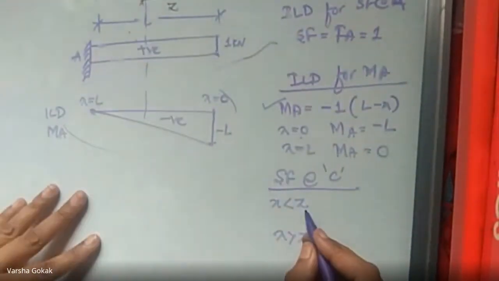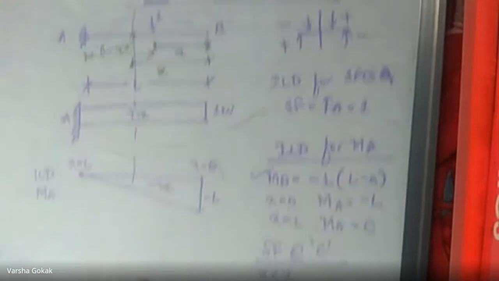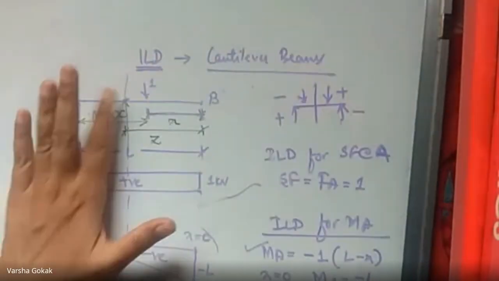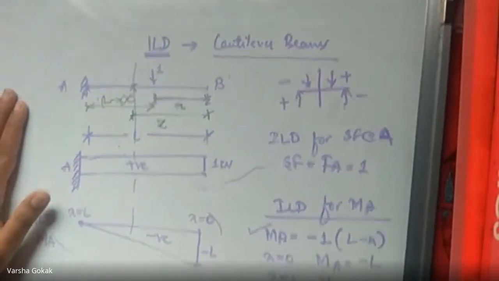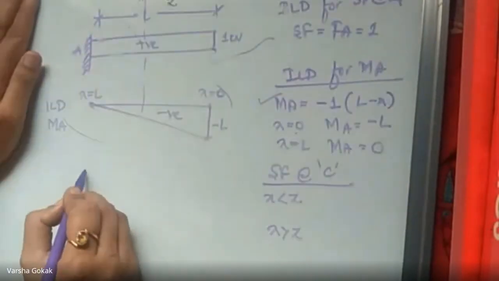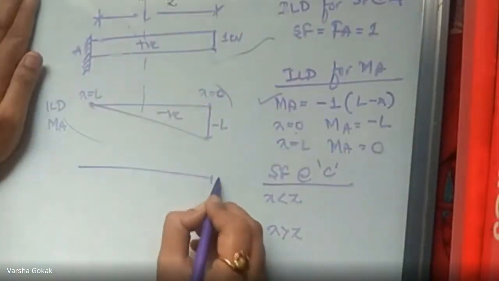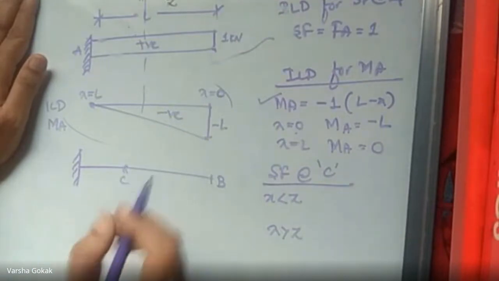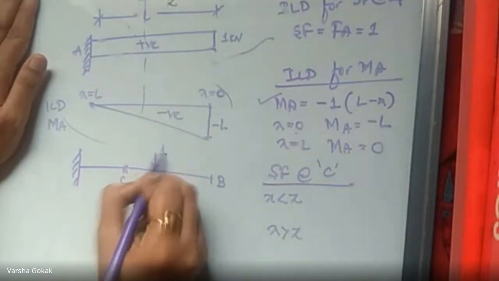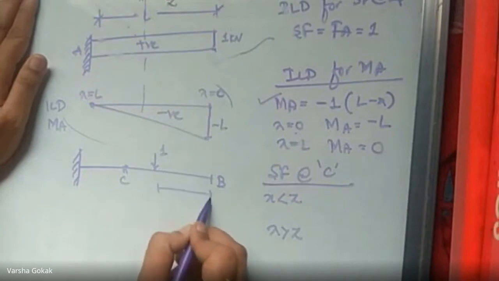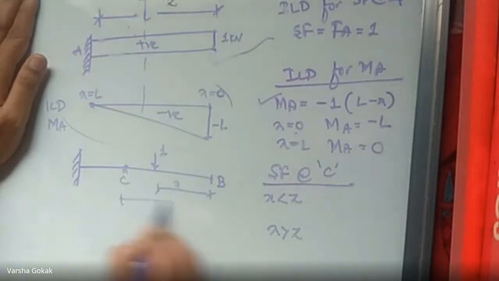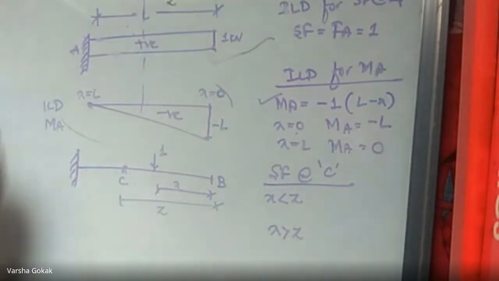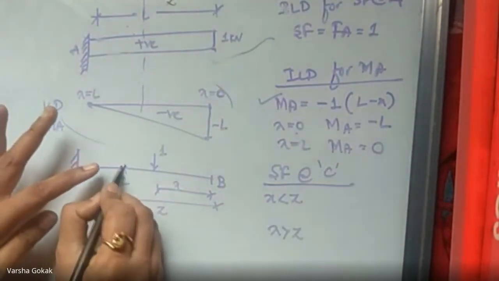Now, when X is say less than Z, what happens to shear force at C? In this diagram now. Okay, the same diagram, or I will put the diagram once again here because I'll have to keep flipping the board. This is B. This is a cantilever. This is the point C. This is 1. Okay, this is X and this is your Z. Right? I have to calculate the shear force at this now.